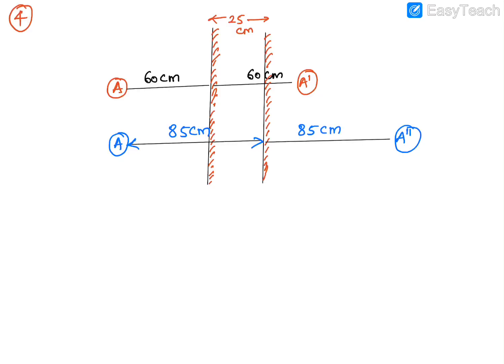So what is this total distance now? Okay, now look at this properly. What is the total distance here? 170 centimeter. What was the total distance from A to A dash? 120 centimeter. What is the difference between these two? 50 centimeter. So that's your answer. If they are asking you by how much distance the image is shifting, what will it be? 50 centimeter. So whatever I just spoke, you write those in words. That is how the working is.